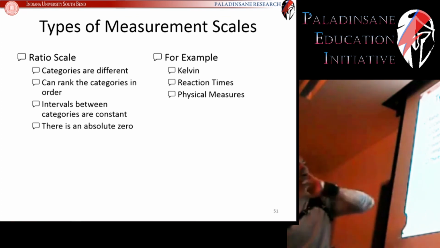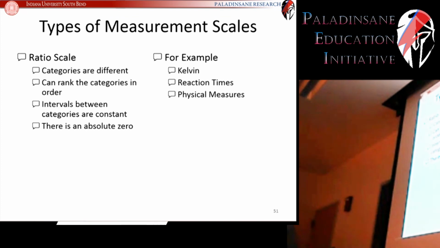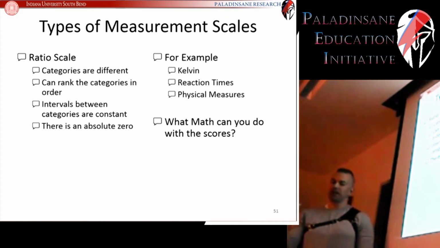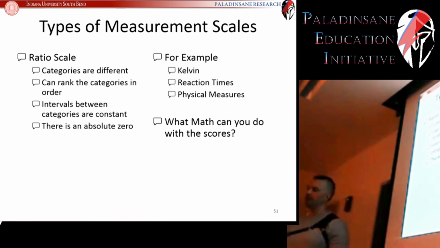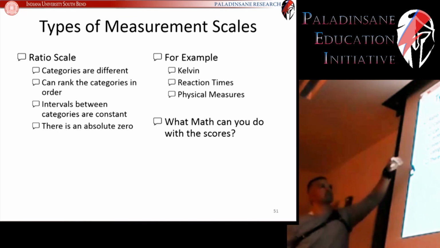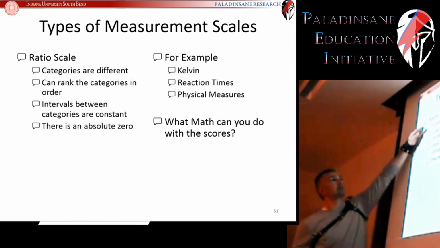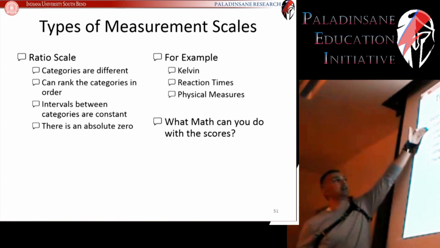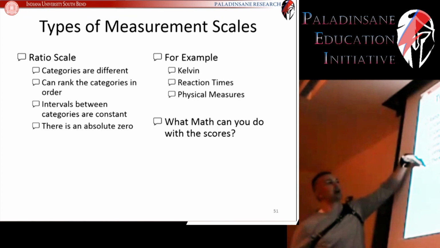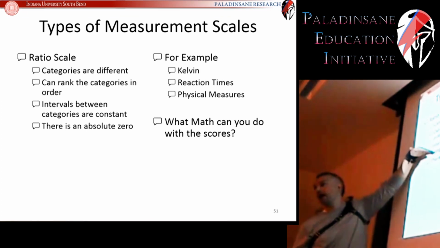If you understand that as gaining 5 pounds, well, there you go. Anyways, so physical measures have absolute zeros. One thing that I will mention right here that's very important to remember when you're evaluating different measurement scales is that you always start at the bottom thing that can be done,